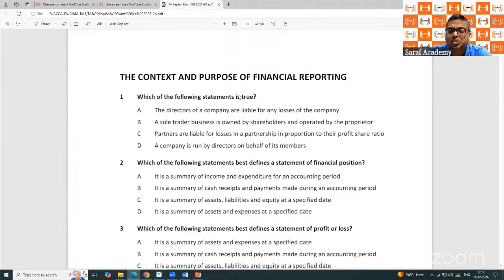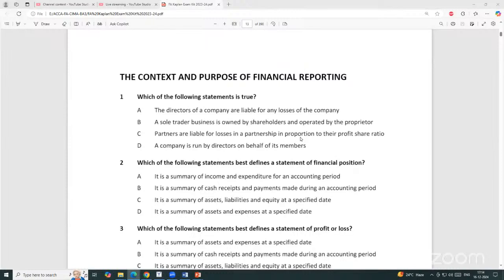Which of the following is true? Now suppose somebody will say answer is A. I don't want that. If you want to say answer is C, why is A not the answer? What is wrong with A? What is wrong with B? Then I will accept C, sir. Can you give logic for all the four?